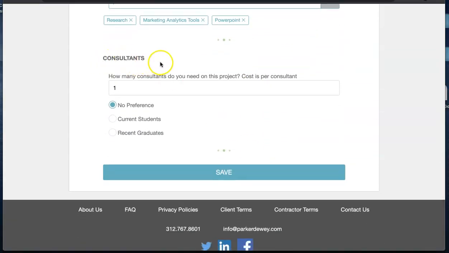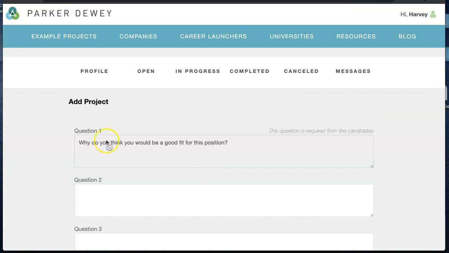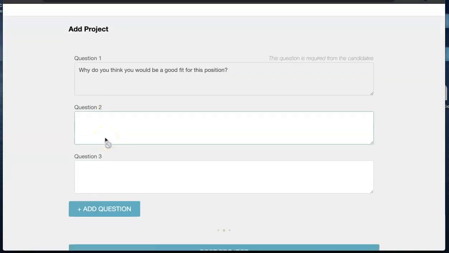And next, the amount of consultants that you'd like working on the project, which are the students that you have working on the project. You can have more than one. I think for this one, it's a smaller project. We're just going to keep it at one. And you can preference if you want current students working on it or recent grads or alums working on the project. For us, no preference here. Just want the person who's best fit for the job to get it. And so once you have all this information in here, once again, click Save,